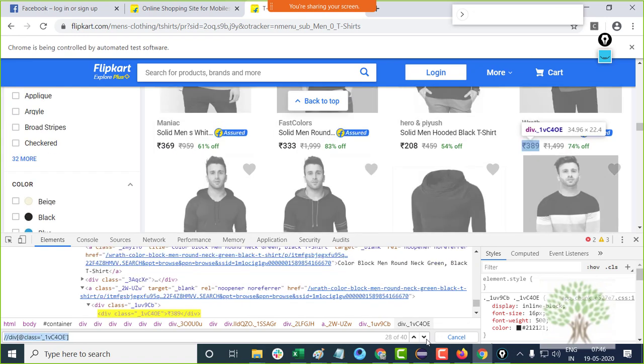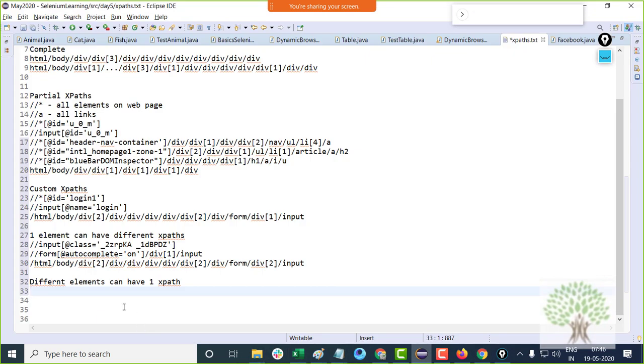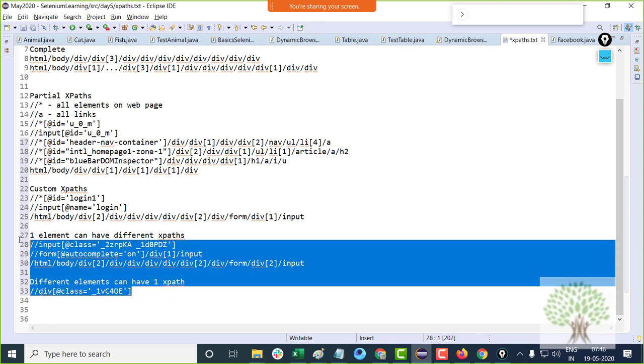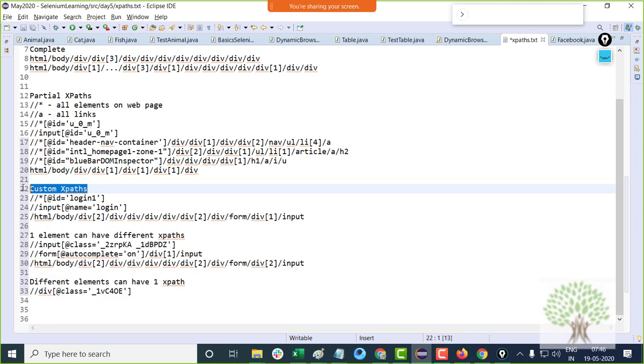So this XPath over here perfectly demonstrates that different elements can have the same XPath, can have one XPath. So it is completely up to you how you build your customized XPaths.